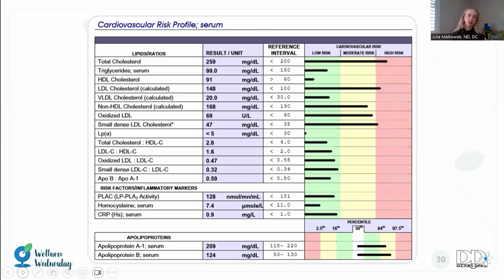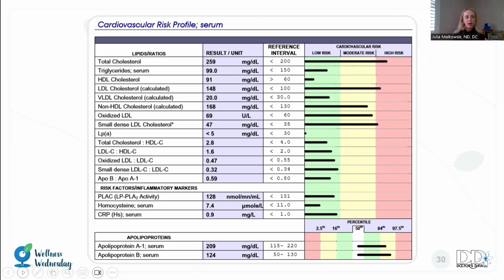Now let's take a look at their cardiovascular risk profile. Their cholesterol is very high. We know this individual mentioned that they have a family risk for cholesterol. Their triglycerides look very healthy, so we're thinking that they actually do eat healthy. This potentially is a familial consideration if their diet is reasonable. Of course, they are omitting those FODMAPs, but some of the food, it doesn't look like they're eating a lot of processed food or excess carbohydrates, so their diet is reasonable.